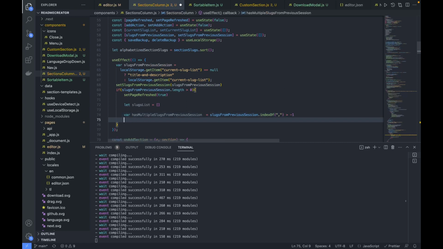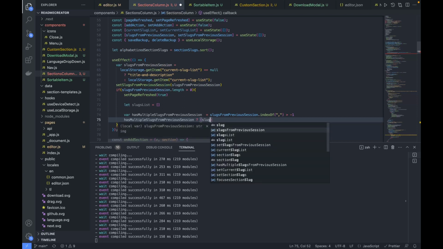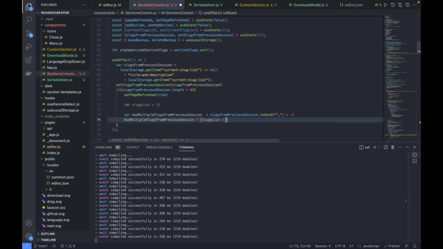Then if it has multiple slugs from previous section, the slug list will be initialized with slugs from previous session split by comma, since it will be stored in the form of a string, or else